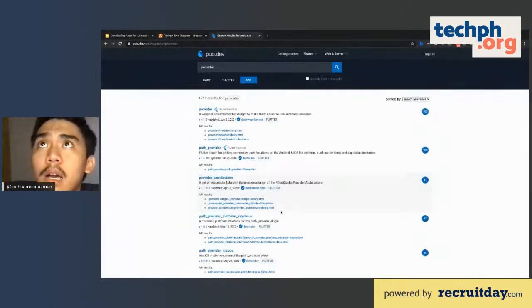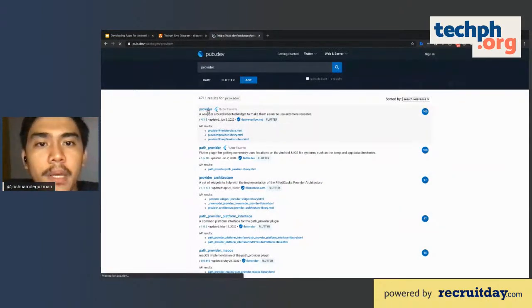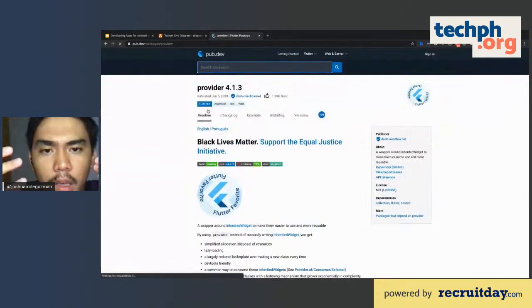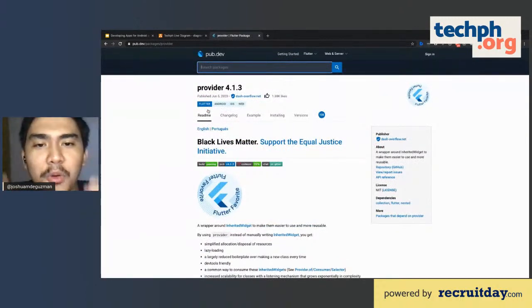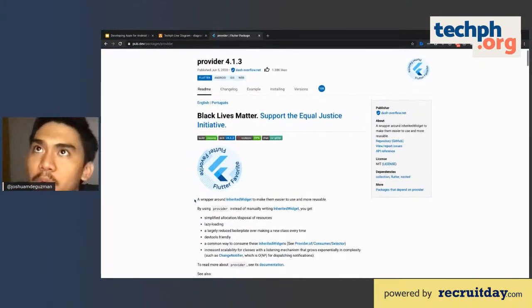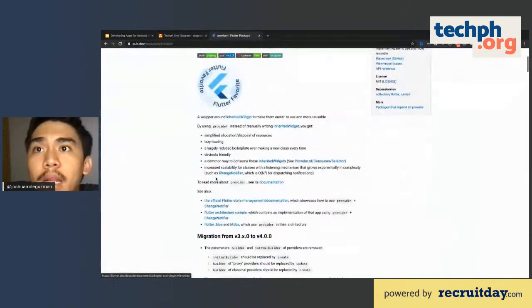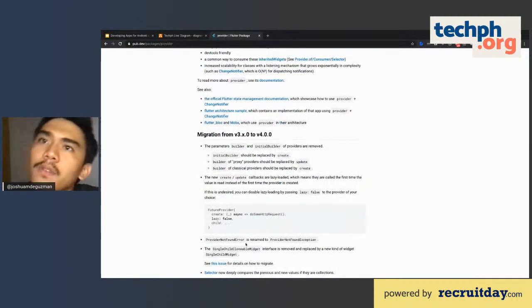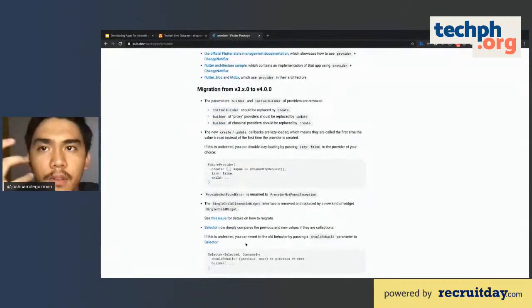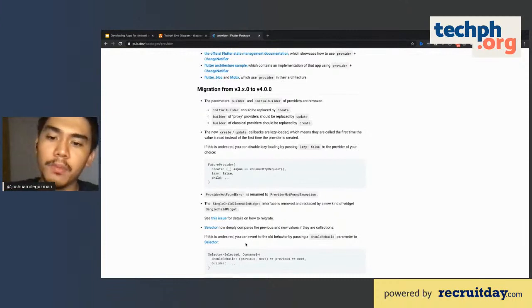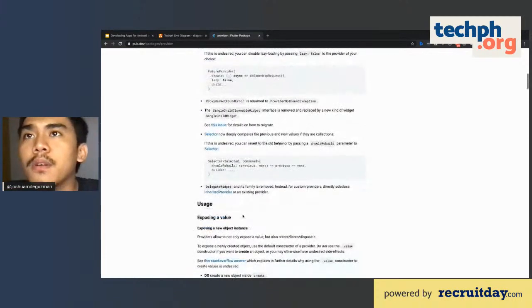And to be honest, inherited widget is a bit verbose. Implementing it is like redoing everything that Flutter has done for us. So the cool thing here is we have a provider widget, which is pretty similar in theory to what we've talked about, but it gives you a simple way of managing state. Right now, we don't have enough time to discuss it, but at least you know that this is a helpful one for starting to manage your state, even in a small or medium project. And yes, this is the provider.